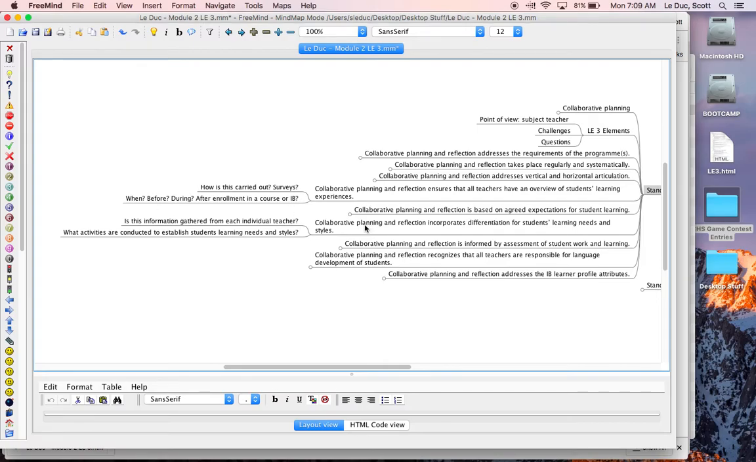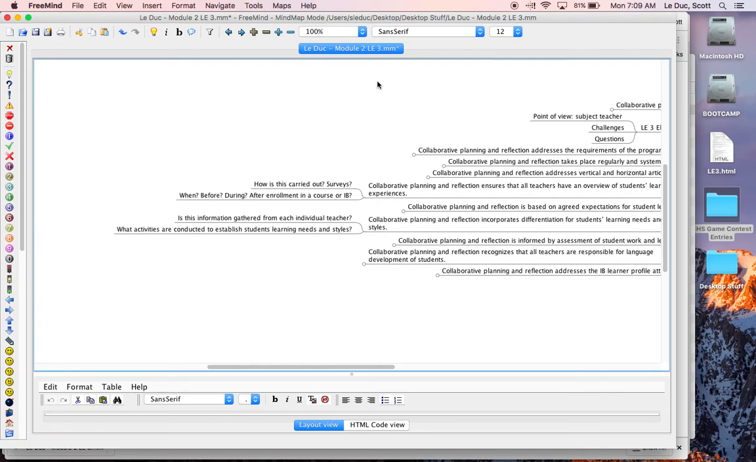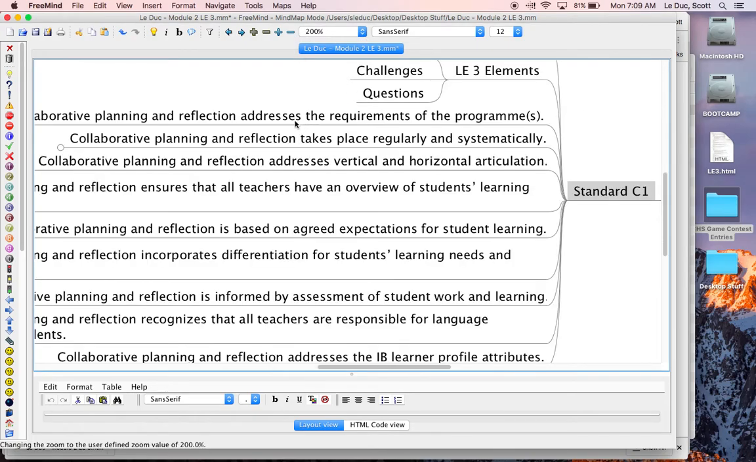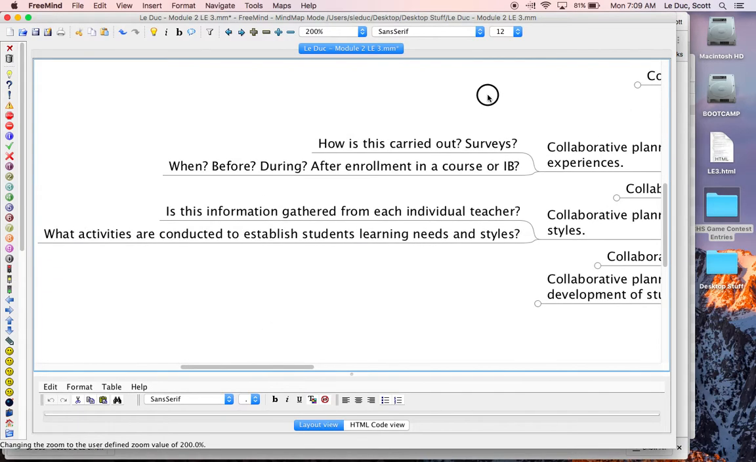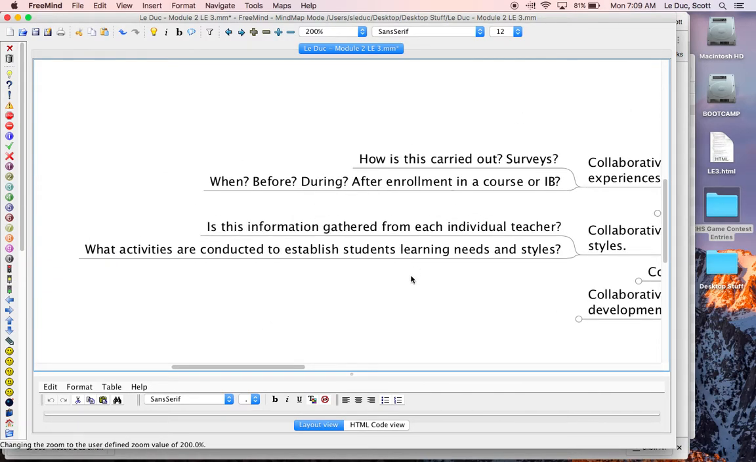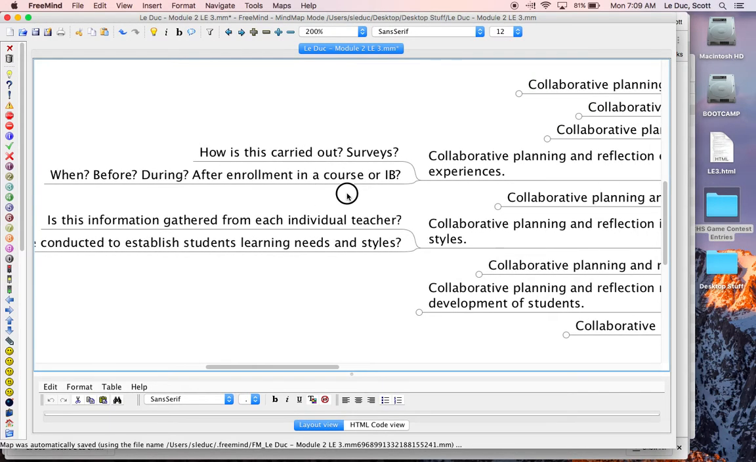Furthermore, collaborative planning and reflection incorporate differentiation of students' learning needs and styles. Again, this is something that was really intriguing to me. And I'm actually going to zoom in here, and you can see how this works. You can zoom in and out. It's just Java that makes this program work. It's pretty slick. Is this information gathered by each individual teacher, or are there activities done at the higher levels? Like, is this a school level base where all the students go through a process,